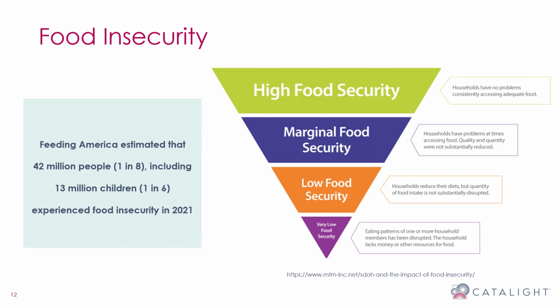So when you look at the very bottom of this period, so very low food security. So eating patterns are disrupted. The household lacks money or other resources for food. These could be families that need to access food banks, families who really need a high level of support to get access to the foods that they need. And then we go up from there, all the way, low food security, marginal to high. So again, relating this back to the actual clinical application,